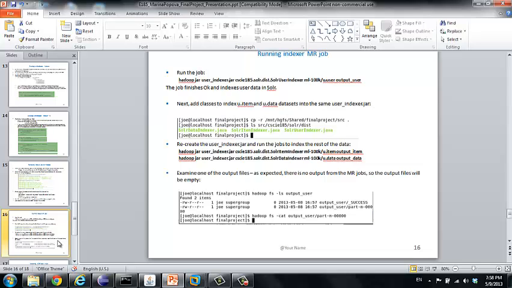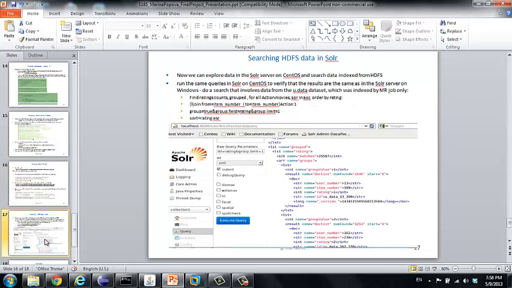So basically, you have to run 3 jobs to index all the 3 data sets. And because I have 3 different indexers, I had to run them 3 times for 3 different indexes. The output of the job, as you would expect, is just empty because you don't have any output from the MapReduce job. And once all those jobs ran, then you can again go to the Solr server on your CentOS